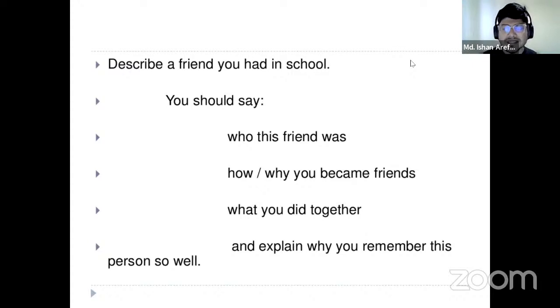So this is an idea that I have used for that 1 minute preparation time in my IELTS speaking test. So that is very important. Using that 1 minute preparation time is very important. So the main thing is that you have to pick and choose a card.